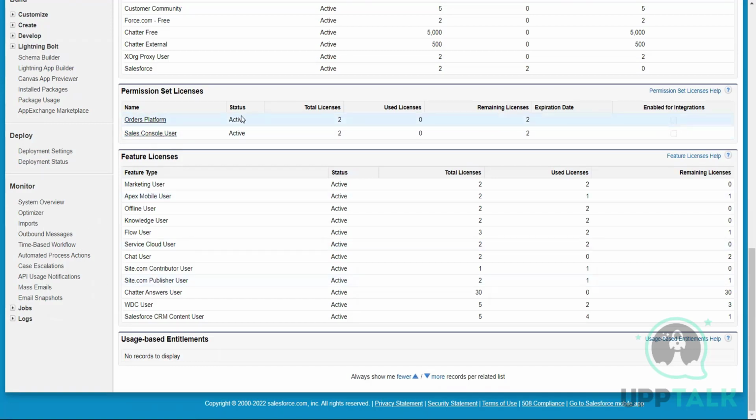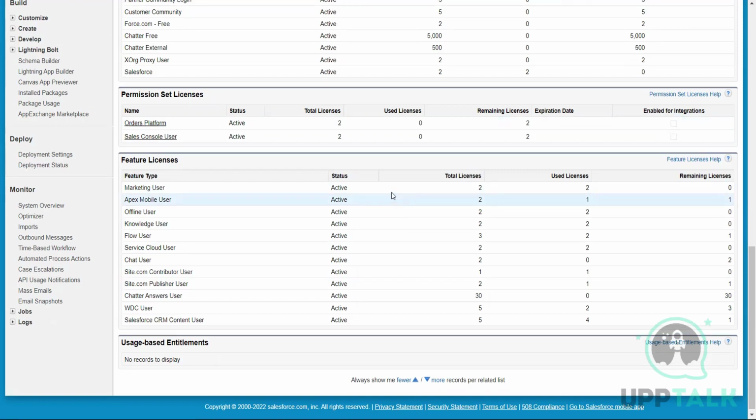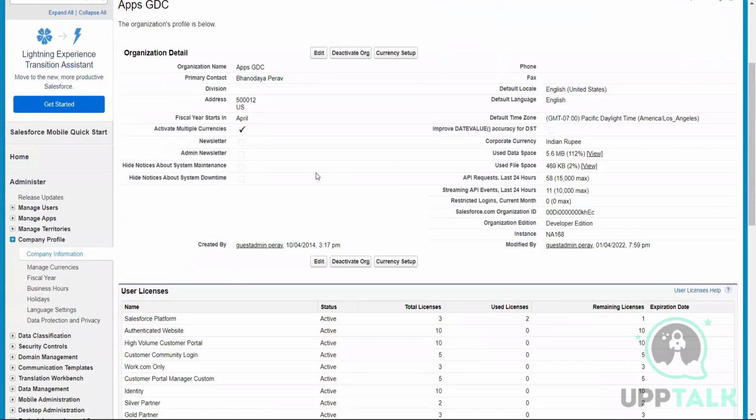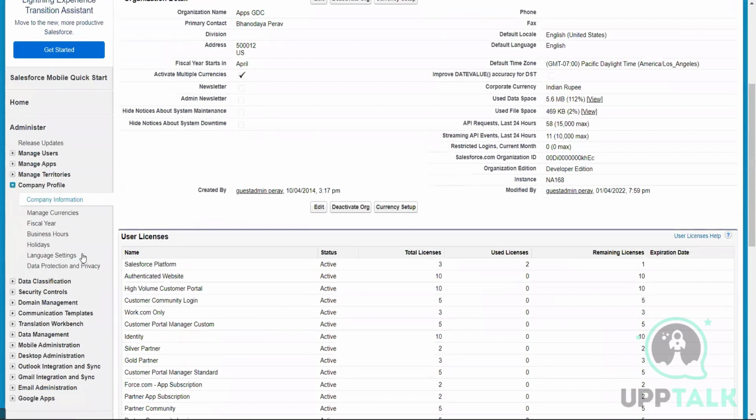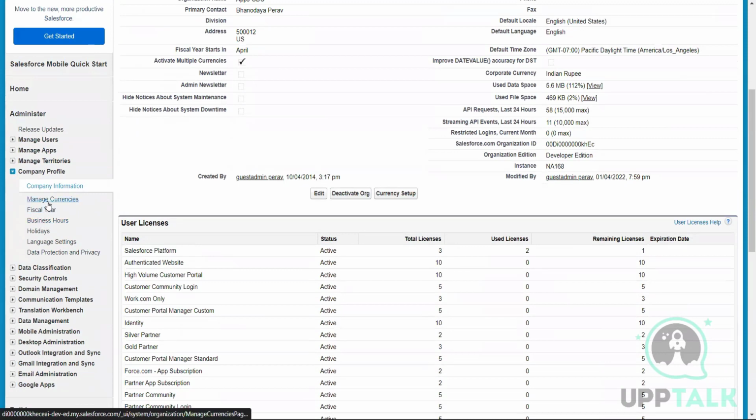So feature license also, right? Same, or might be a chance of different. Okay. So this is the organization where you are going with company information. Okay. So now next one is like